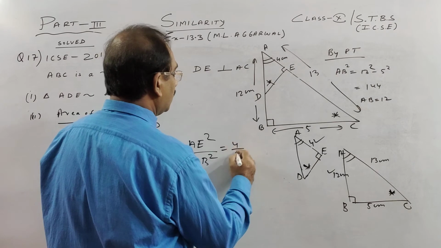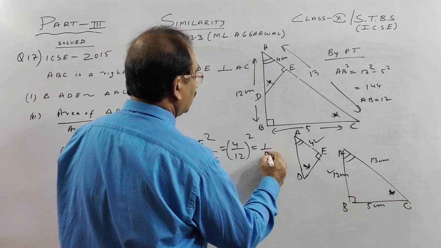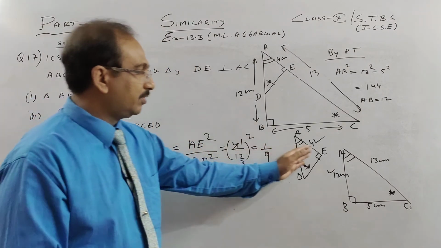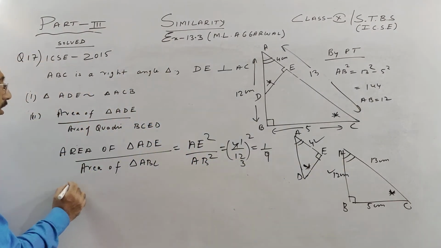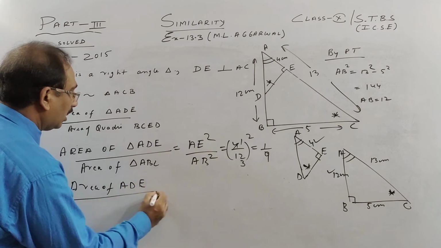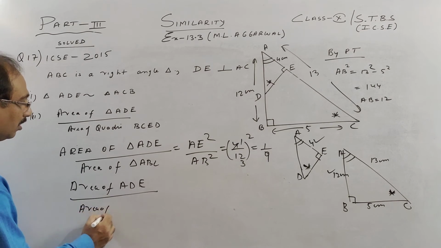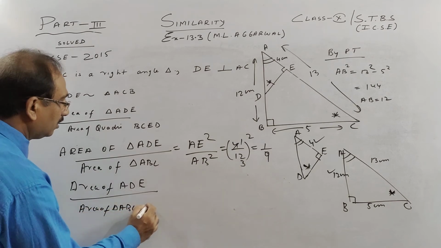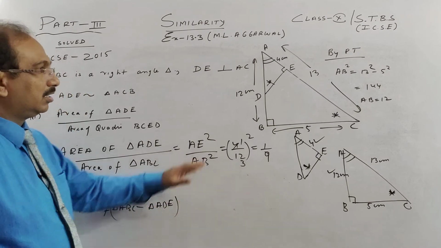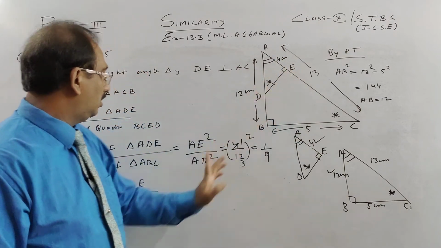Area of a triangle is proportional to side square. So AE is 4 square and this is 12 square. So you can take the square common. So it is 1/9. Okay, 1/3 if you cancel, so 1/9. So if this is 1, this is 9. So how to find this? So finally we write the area of ADE. The top remains the same. Down we have to find the quadrilateral. So what we did: area of triangle ABC minus area of triangle ADE. So the quadrilateral is the full area minus ADE.